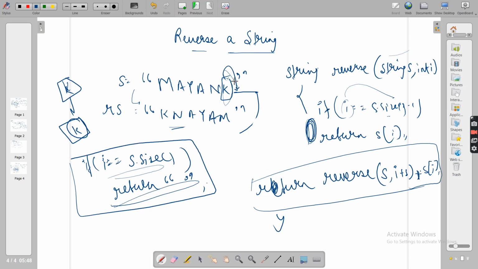Now for the previous step, when k crossed, you return the empty string. Now for k, you return the empty string, there was nothing, so you added k at the last. So now till k it became k value only in the string. Then n will be added at the end. Then a will be added at the end. So this is also one way of thinking, one way of writing this base condition. There are many ways to write the induction, base and hypothesis, and this is what we have to focus on. We should not get stuck with only one way of thought.